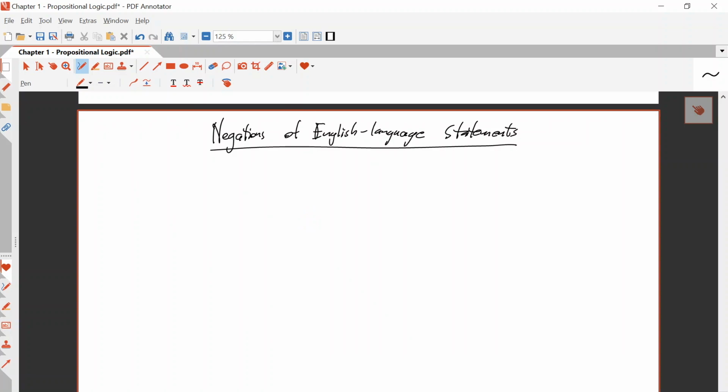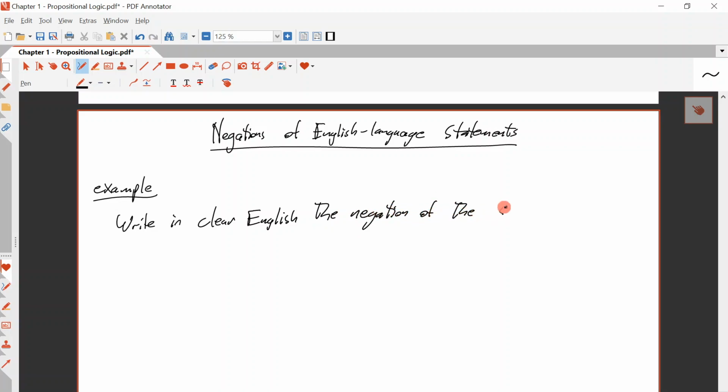So, for example, okay, write in clear English the negation of the statement